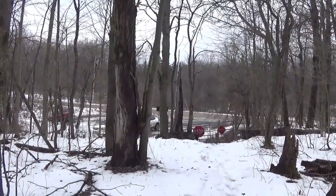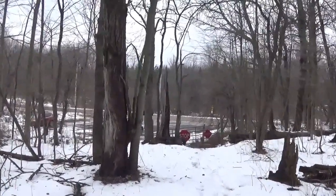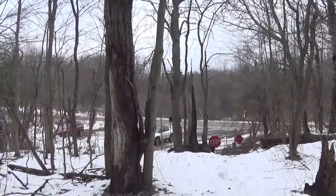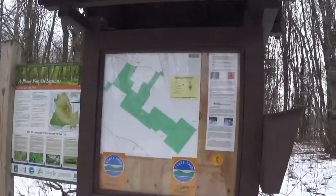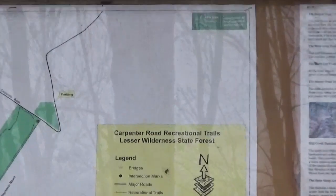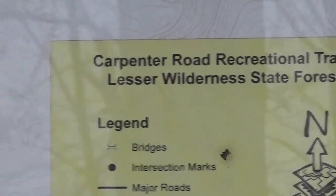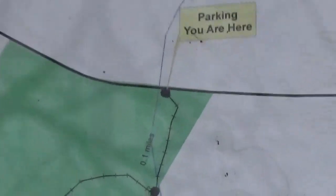Okay, it's going to be the Douglas Creek Trail at the Carpenter Road. What is it? I want to call it the ski area, but we're at the Carpenter Road. Lesser Wilderness State Forest. There's the official name. Carpenter Road Recreation Trails. Okay. Lesser Wilderness State Forest. And our trail is going to be taking this